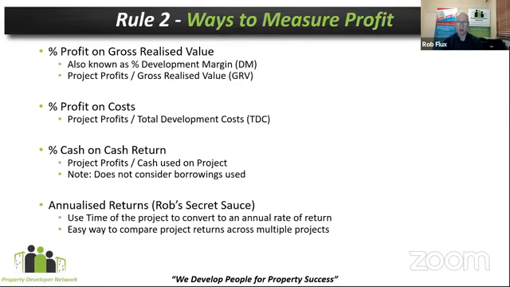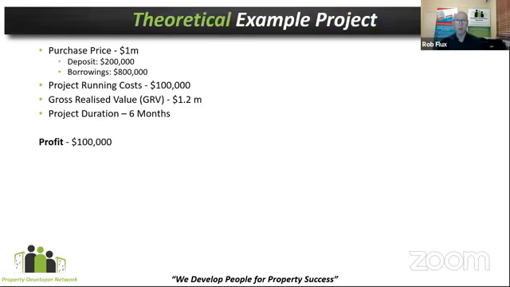Only when you annualize those percentages can you actually work that out. And that's how you compare how hard your money is working between different projects. So let's have a look at this in a little bit more example. Let's consider this fictitious project.